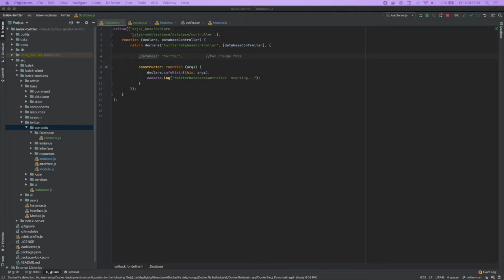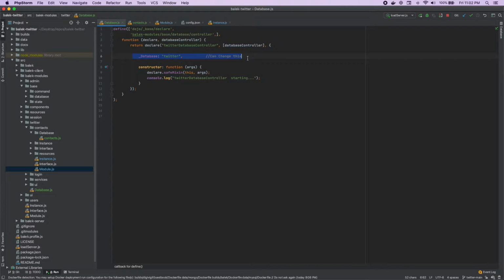First, we want to make our module's main database connection by extending the base controller into a database.js file, which we will put in our Twitter module folder. The object will be loaded with the module by the module manager. It will maintain a connection to the database that the different instances and controllers of the module can share. We can set the name of the database used by modifying the database member of the controller.